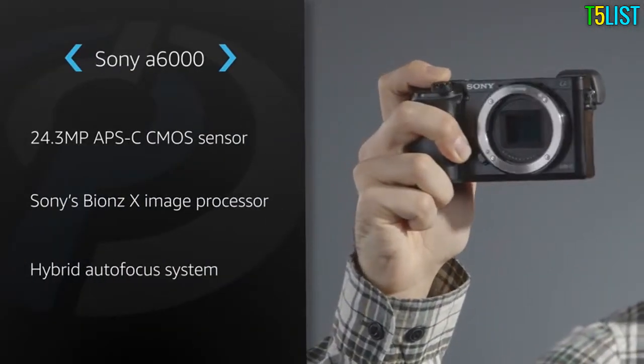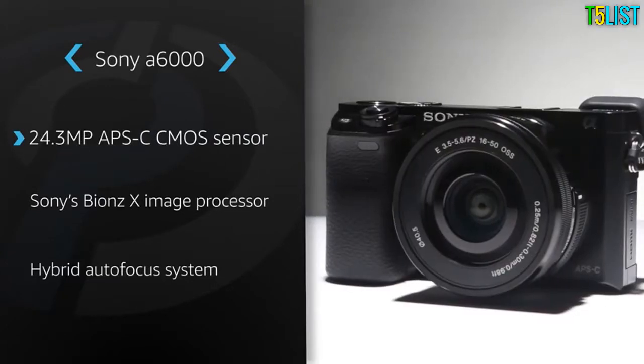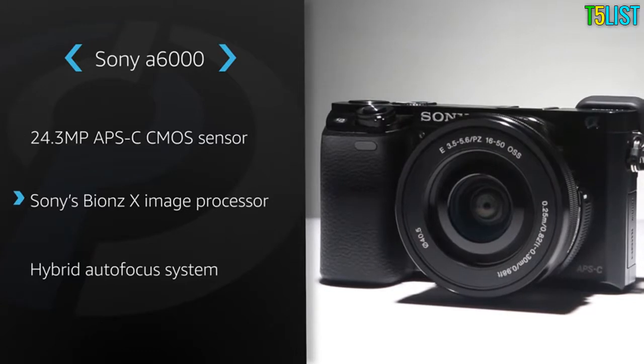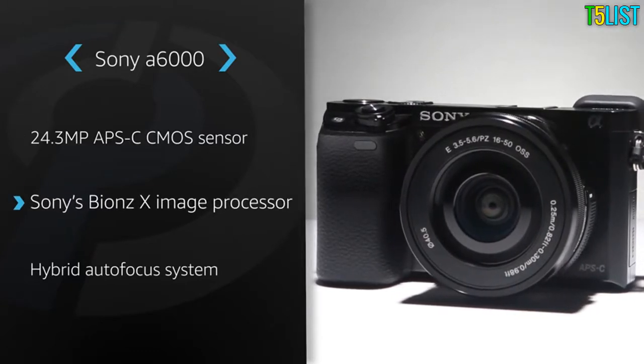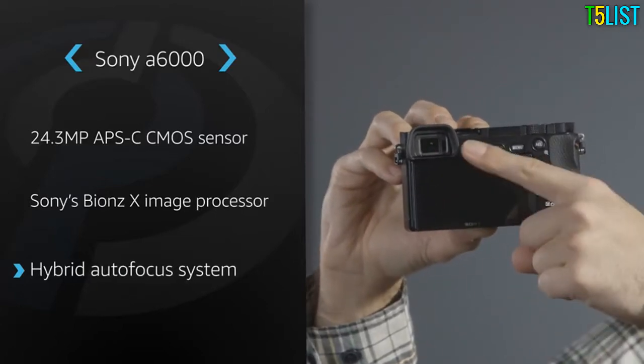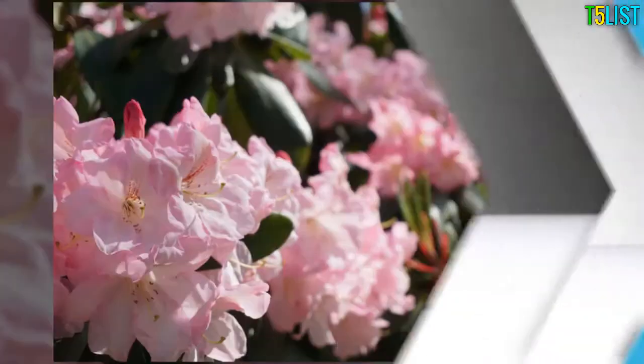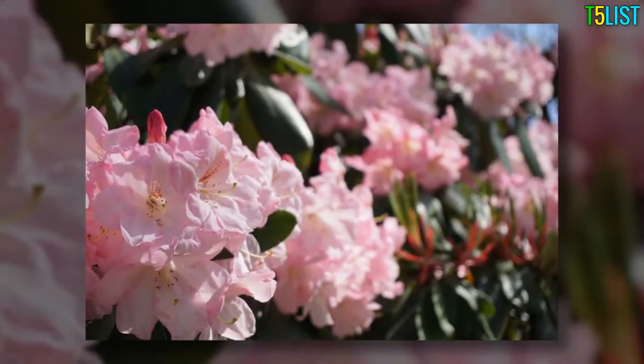The a6000 offers a 24.3 megapixel APS-C CMOS sensor and Sony's Bionz X image processor. The biggest advancement over its predecessor is the vastly improved hybrid autofocus system featuring 25 contrast detect and 179 phase detect points that cover almost the entire frame. In fact, we found the a6000 to be class-leading when it comes to autofocus speed and accuracy in a large